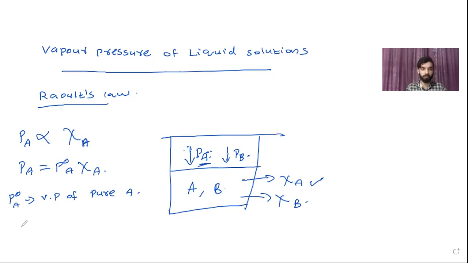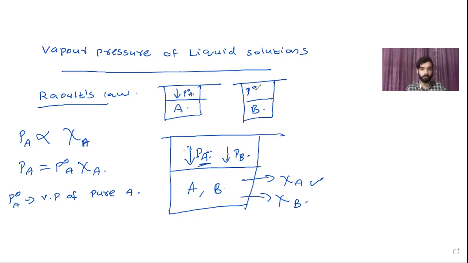If you have A in a beaker, like if A is water, it will have a vapor pressure, right? A little of A will go to the vapor phase and exert a pressure on the surface. That is P naught A, the vapor pressure of pure A. Similarly, P naught B is the vapor pressure of pure B. If you have pure component B in a beaker, what is its vapor pressure? That is P naught B. So similarly, the vapor pressure of component B is directly proportional to the mole fraction of B, so P of B equals P naught B into chi of B.